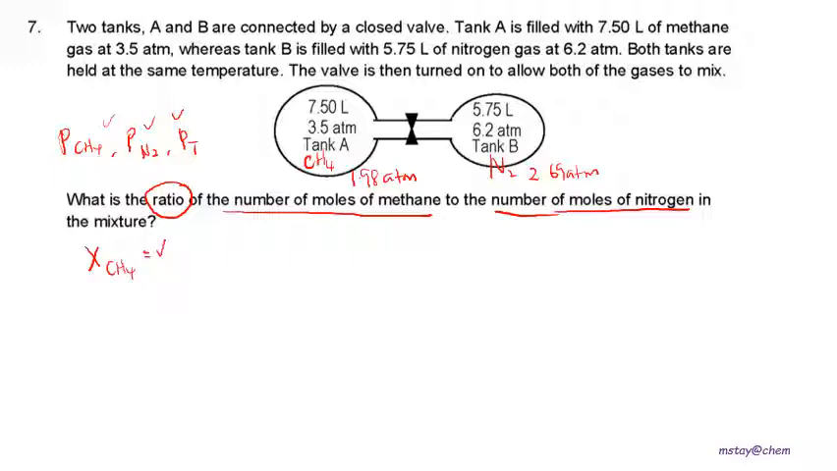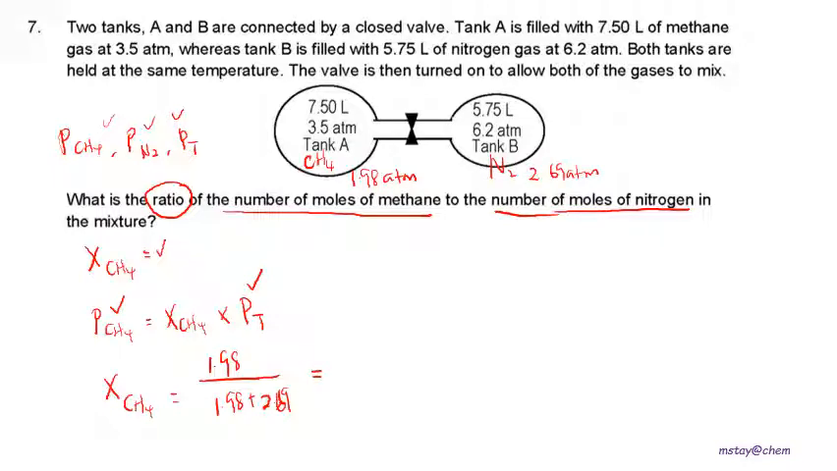So we are going to use the formula: partial pressure of CH4 equals the mole fraction of CH4 multiplied by the P total. You are given the P total and the partial pressure of CH4, so we are able to determine the mole fraction of CH4, where we use 1.98 over 1.98 plus 2.69, which is the total pressure. And when we press the calculator, the mole fraction for CH4 is